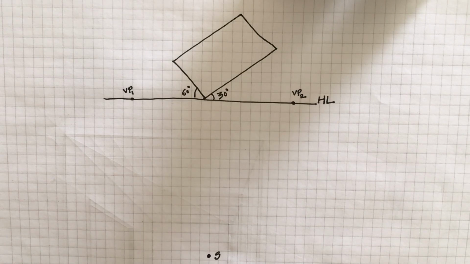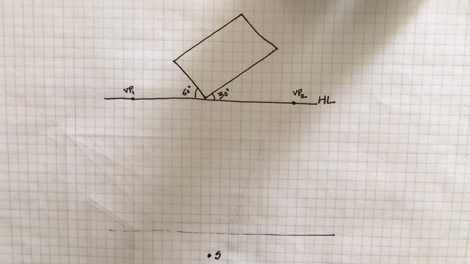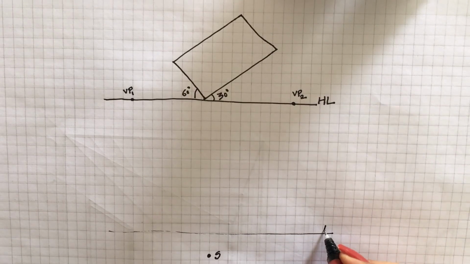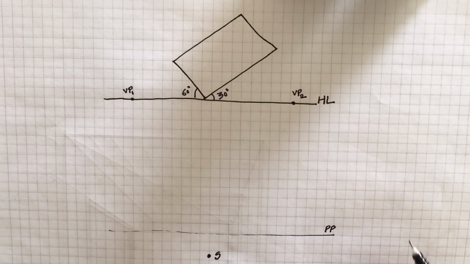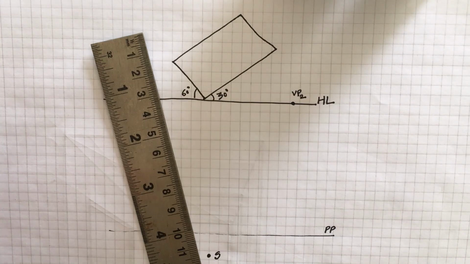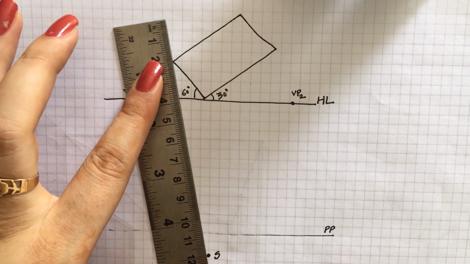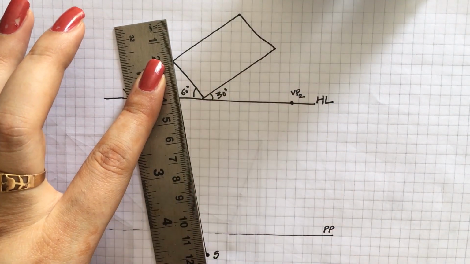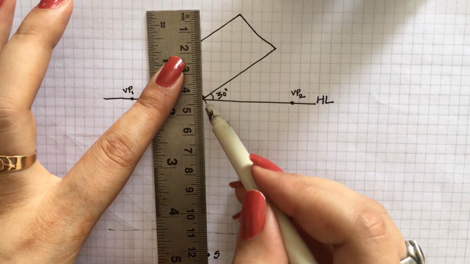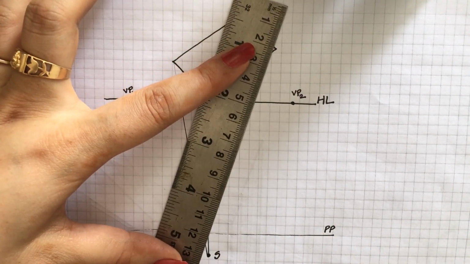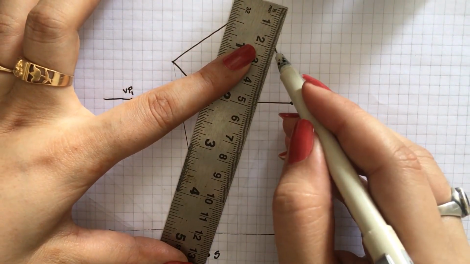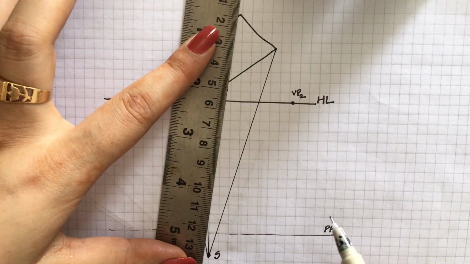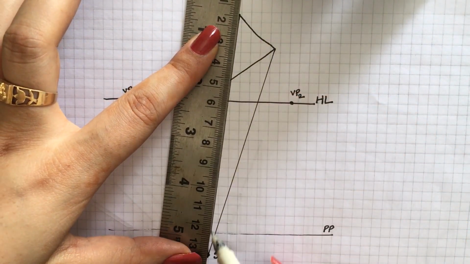Now what do we need? We need a picture plane. A light line. This will be called my picture plane. So we have all the things here. So all the lines will go to the station point, such as this. This is already here. This again. And the fourth one is here.